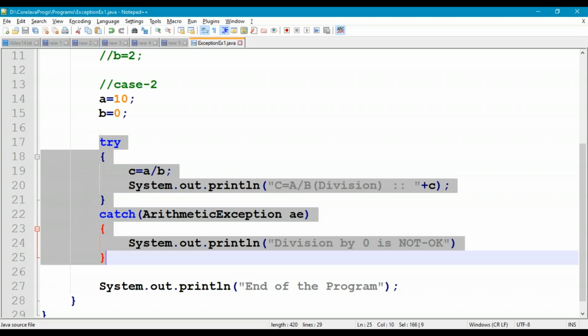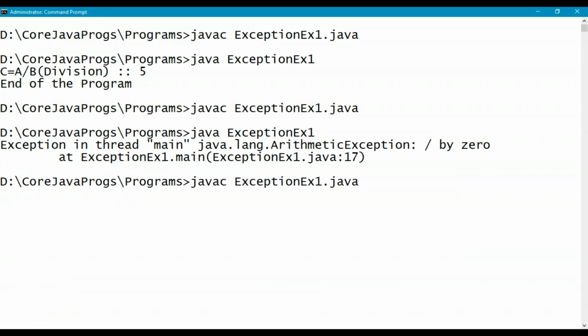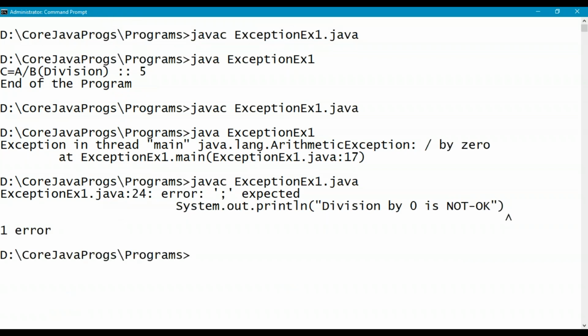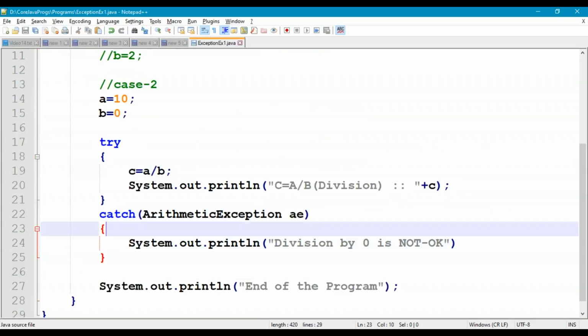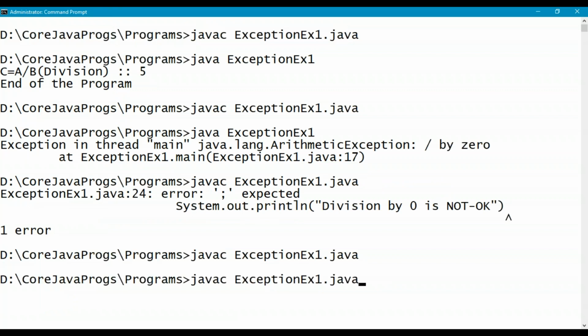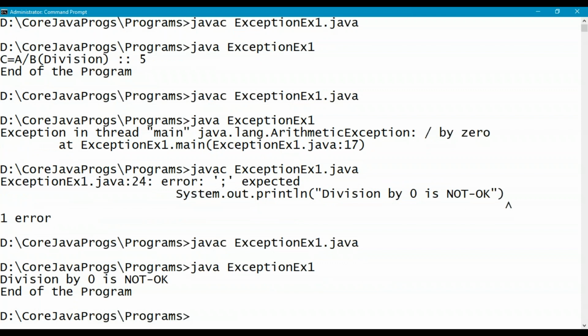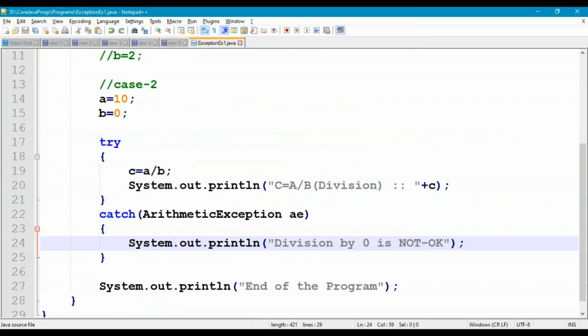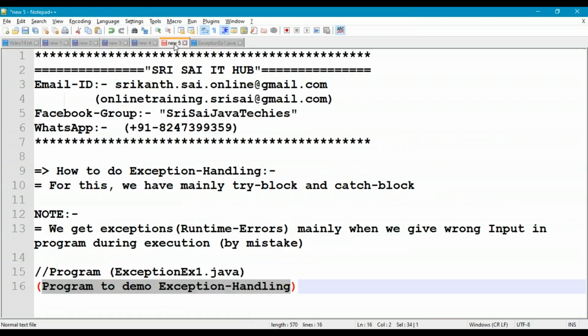Let us save this, come to the command prompt, recompile. Here we did not put the semicolon, so let us put the semicolon at the end of the println statement. Recompile, no compilation error, run. Now if you see here, we got our own message, division by 0 not okay, and end of the program. It means we are converting abnormal termination into normal execution. It is possible with try and catch block.